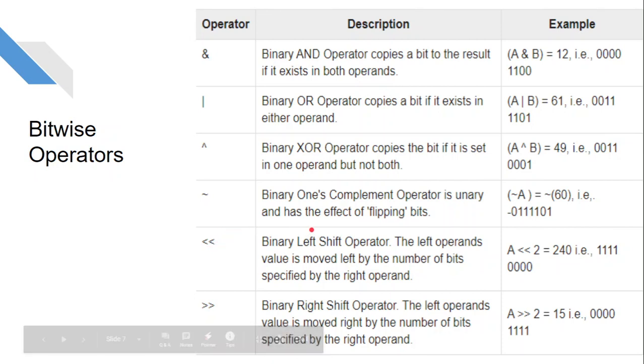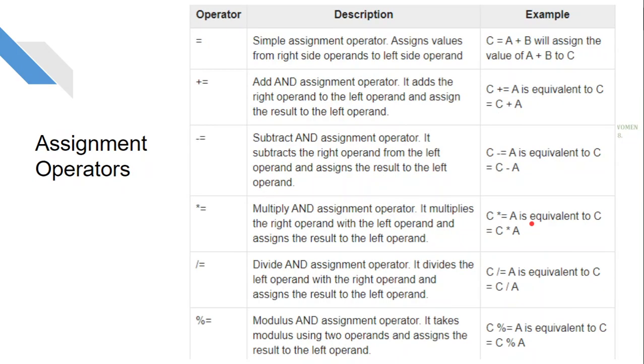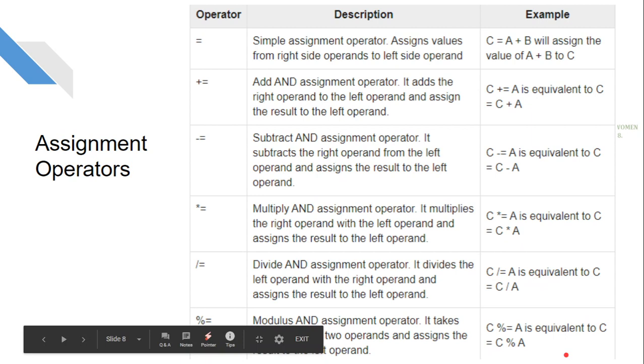So let us see examples in the coming classes in detail. And then this is the assignment operator. When you say equal to, C is equal to A plus, this is normal, everyone will know. What plus equal to means is that C plus equal to A means C is equal to C plus A. That means to the first operand the second operand is added. Likewise, C minus equal to A, C into A, C slash A, and C modulo A.